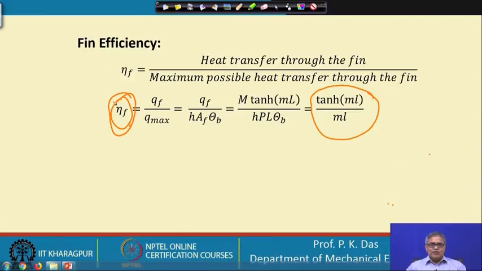Base area heat transfer, how can we get? h A delta T. We do not have any fin equation, etc. Here somehow somebody is supplying me with the fin efficiency. The fin area I will multiply with the efficiency, and then we will have our h A fin into efficiency into delta T, that will be the heat transfer. So, this is the advantage of introducing efficiency.